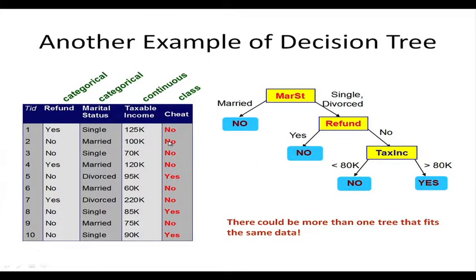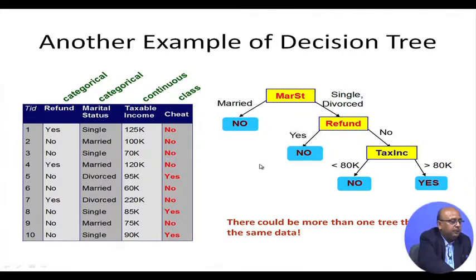Another example you can see here, based on the same thing, where you have changed the attributes. Here first of all you have gone for marital status, single or divorced, yes or no, then taxable income yes or no, and then you are going to see what is happening. So, you are going to make this decision tree, and this decision tree basically helps you to see what is happening and who is doing what. Based on this you can see who are the people who are cheating.